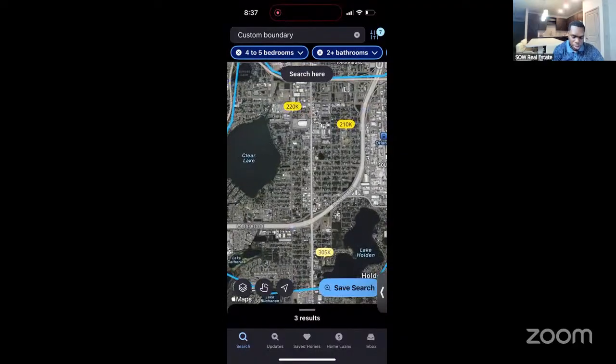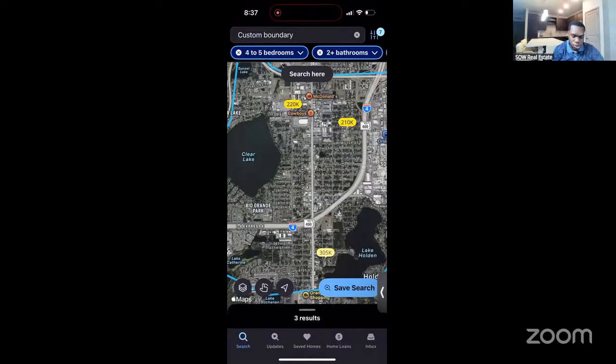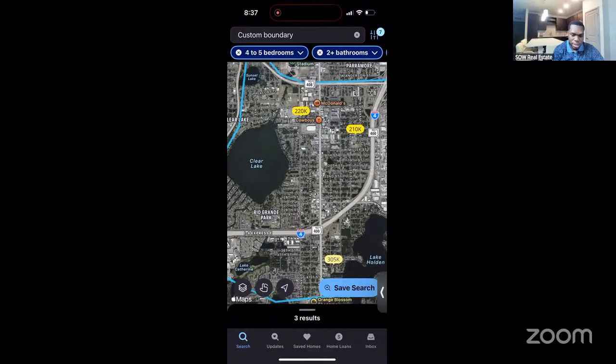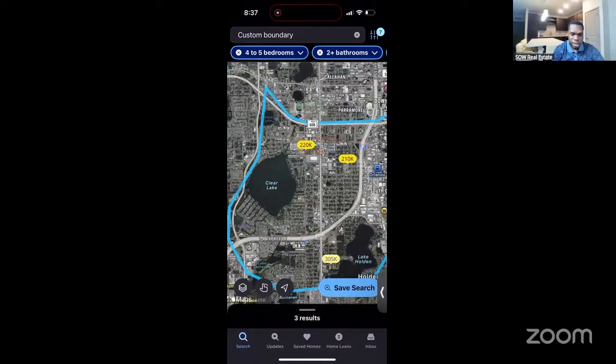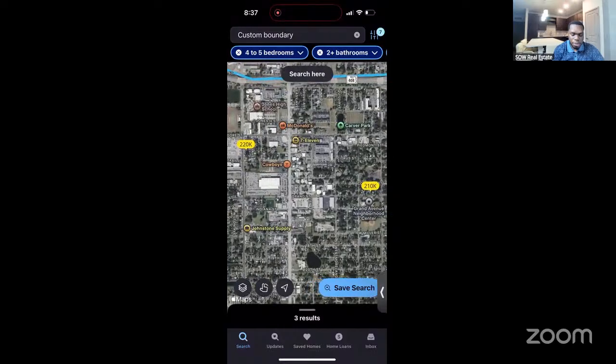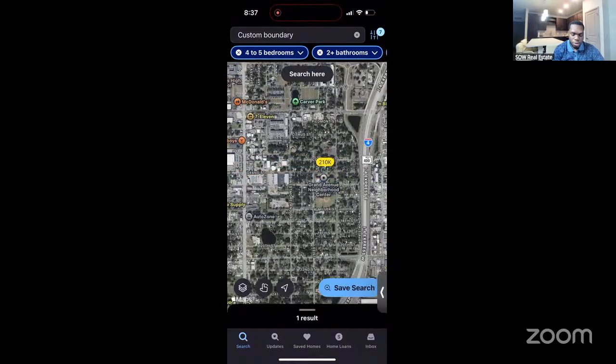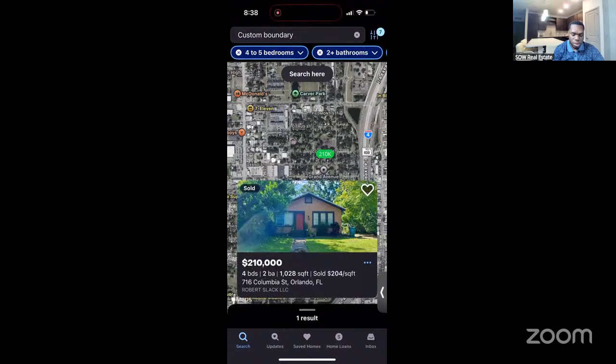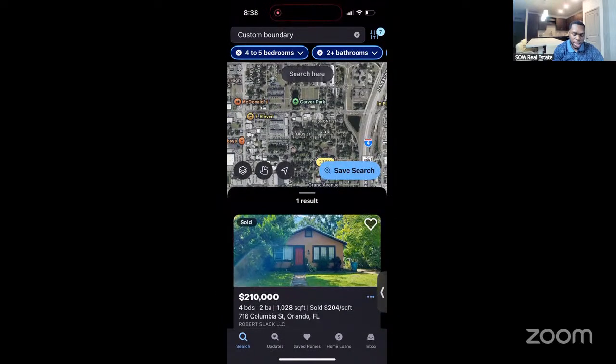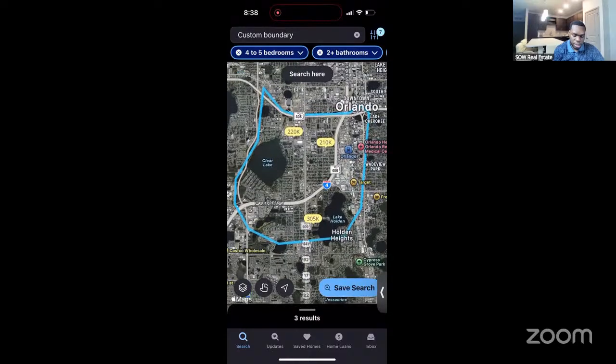Okay. So remember, I want the one that's closest to my house. Our house is located right around here. Well, you can't see what I'm pointing at, but our house is located right around here, right in this area. We got 2 other comps up here. One for 220, a 4 bedroom, 2 bathroom at under 1,200 square feet. Another one here. Okay, so what I'm going to do here is zoom out like this,